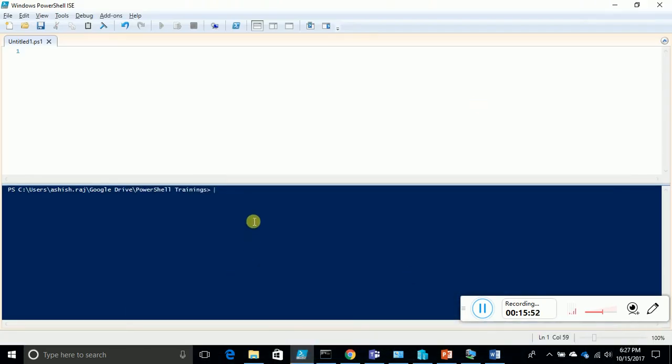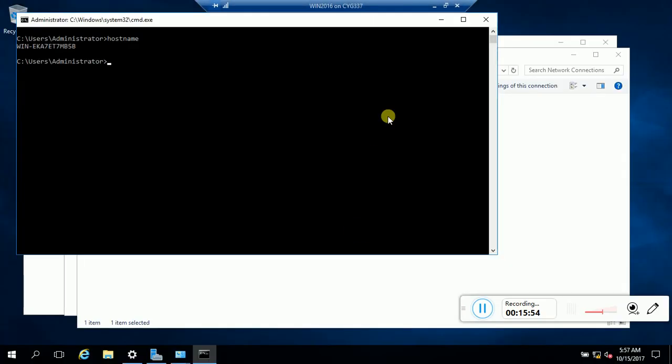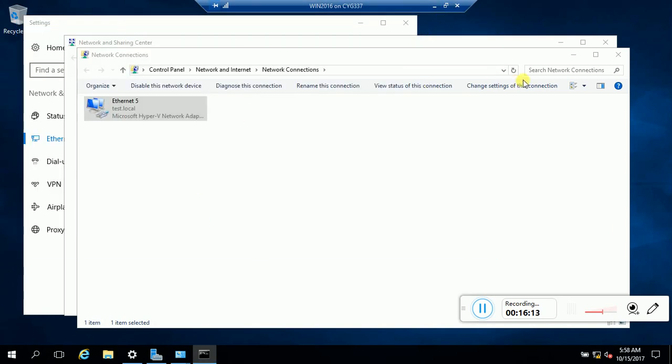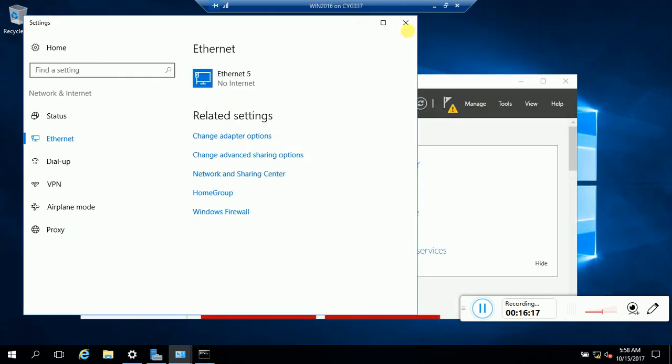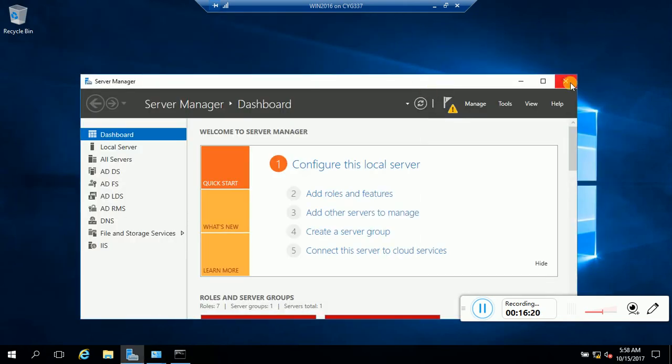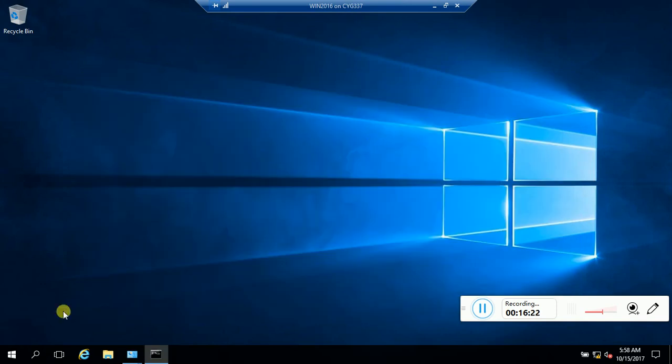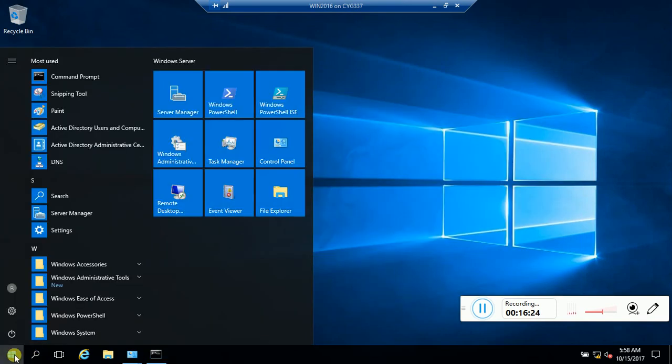On my remote computer, the Active Directory role is installed. So if I launch PowerShell over here,